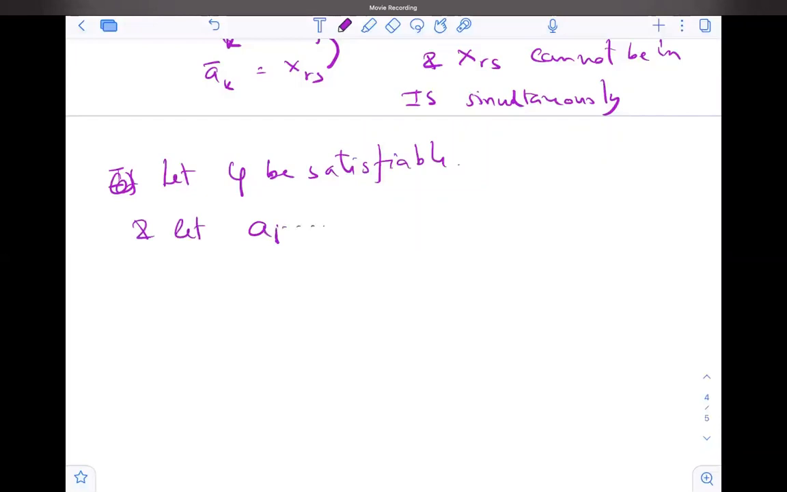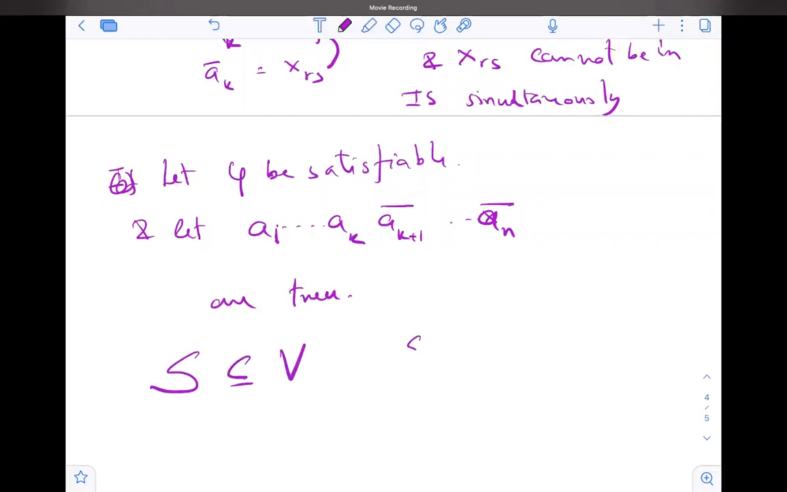A1 to Ak and A(k+1) till An complement are true. Okay, so that is the assignment. Without loss of generality, I'm assuming that the first k variables are satisfied and the next some of them are not satisfied. Then define this set S, which is a subset of the vertex set, which is basically S equals to all the